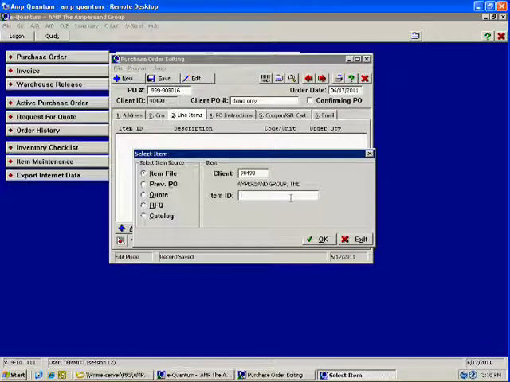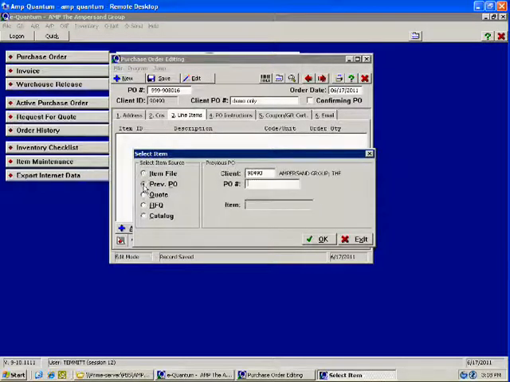For the first method, we start by entering the purchase order the same way we normally would until we get to the Select Item window. Here, if you enter the item ID, it will pull over some of the information from your previous order. However, you do also have the option here on the left to select a different item source. If you choose the previous purchase order and then enter in the purchase order number,